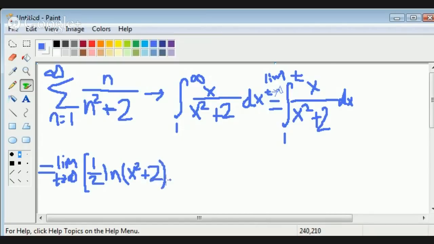Now it's half of ln because there's x at the top and x squared plus a constant number below. That fraction is similar to the natural log, or ln, and of course you have to put in the half because there's an x. If it's a 1, then it's just ln, no half. And then we put t right there and 1, so that will equal